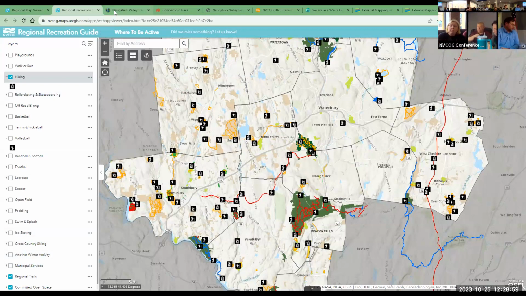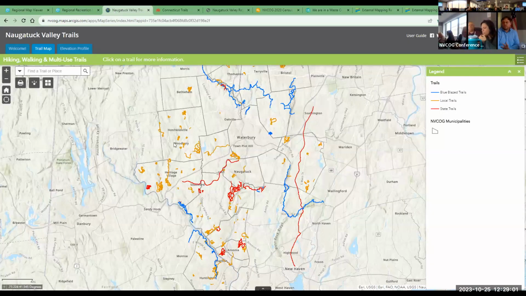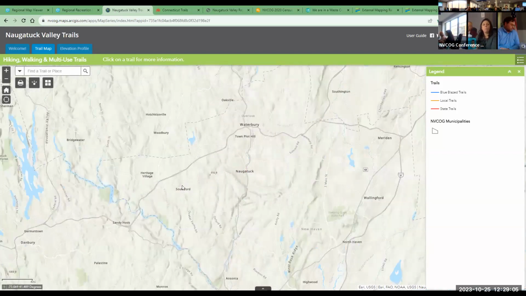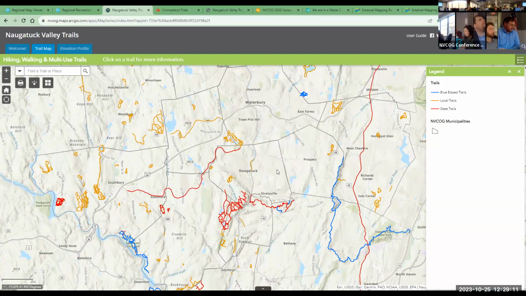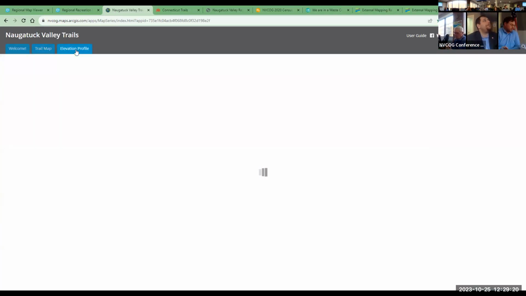Along the same lines, we have our own individual trail app. You can zoom in and find information about the trail. It has municipal trails, Blue Blaze trails, and any state trail. And then the elevation profile tab is a specialized app that once it loads,